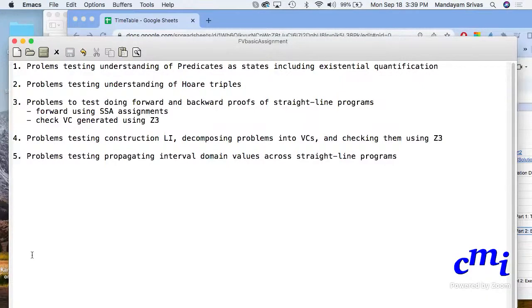Now, here is what I really intend to test you on in that assignment, and there is a reason, okay? What we have learned so far is how to use predicates and formulas to represent states and so on. That's important for you to understand. A little bit of Hoare triples because you've covered that, and then problems to test doing forward and backward proofs using SSAs and so on, and the notion of loop invariance, and problems for testing what I'm going to be covering today. Okay,